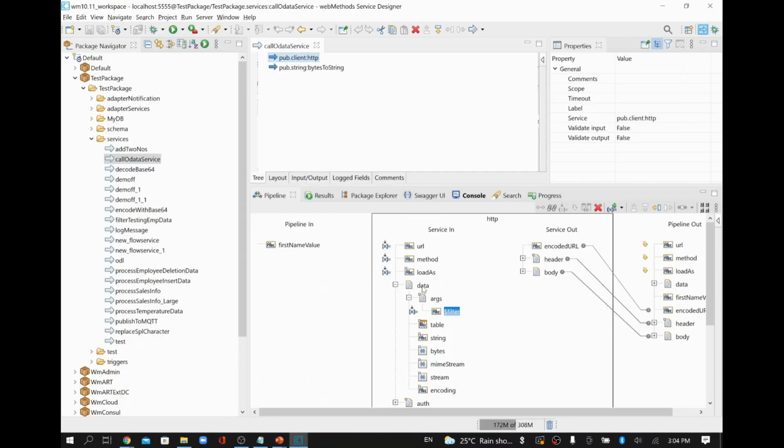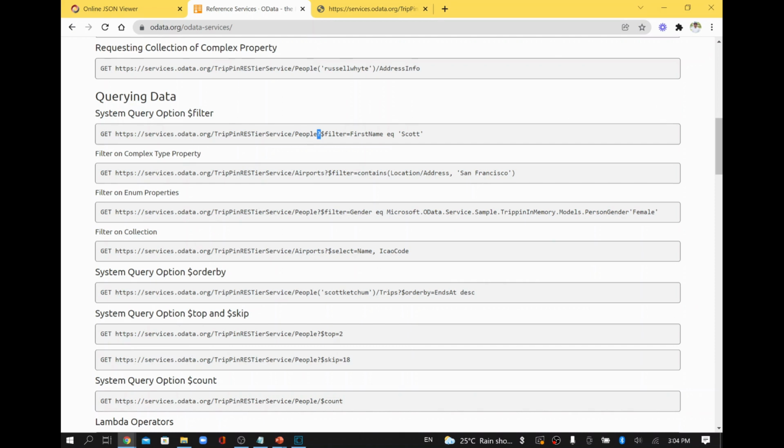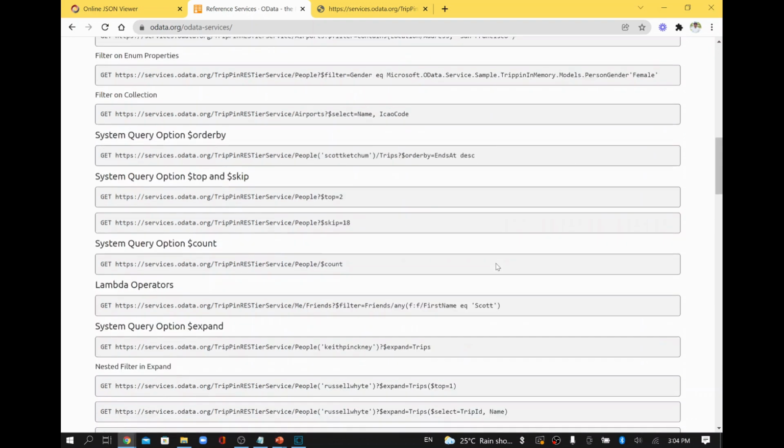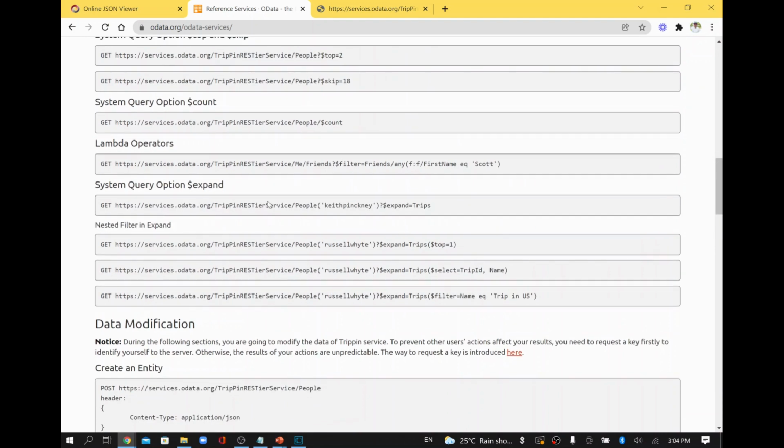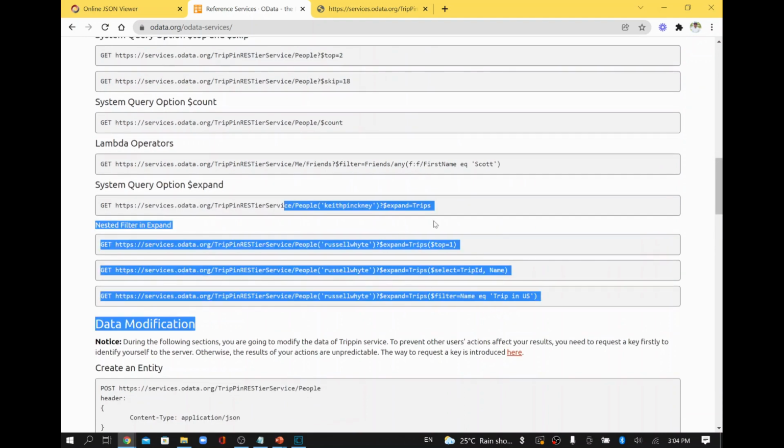Basically we are passing it under the argument, so when we pass it under argument, it will add this question mark, and whatever additional argument you add, it might add the ampersand symbol and so on. So now we have added dollar filter as a variable name, and there we passed all the values. We tried with the simple condition initially, and then we added the AND condition and tried that as well. Similarly, you have many conditions here which you can try as well.